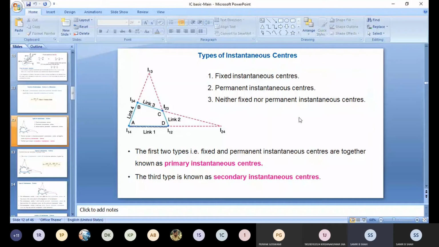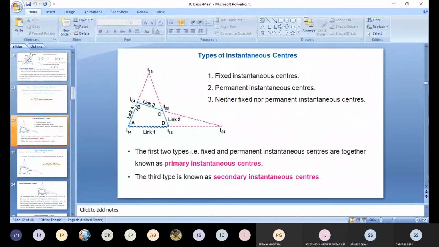Okay. Now, the permanent instantaneous center. If I apply a load on link 4, link 2, or link 3, then only 2 points, I34 and I23, may change their position,